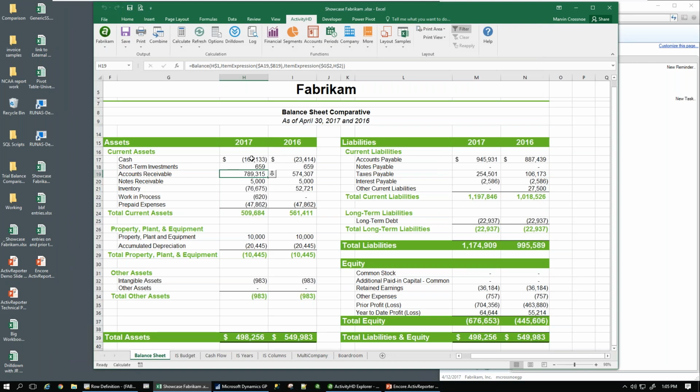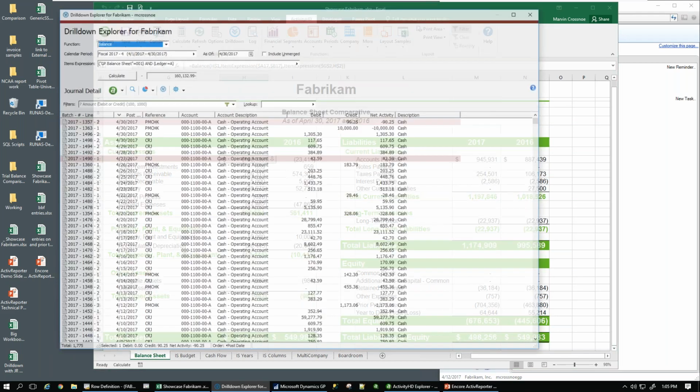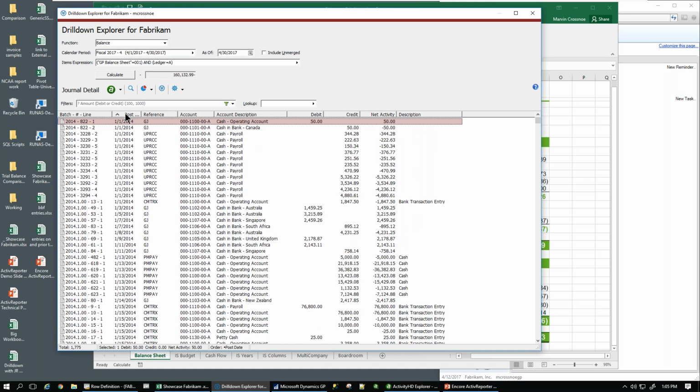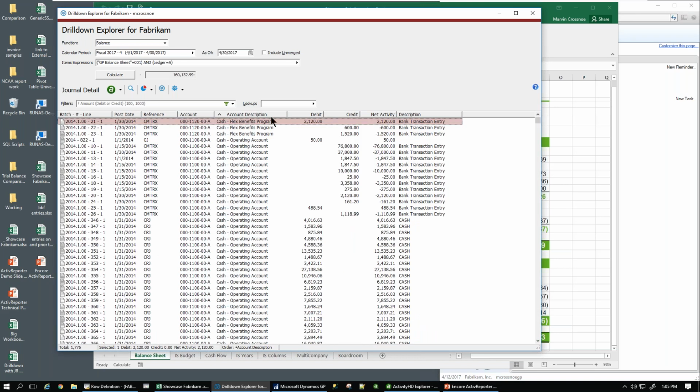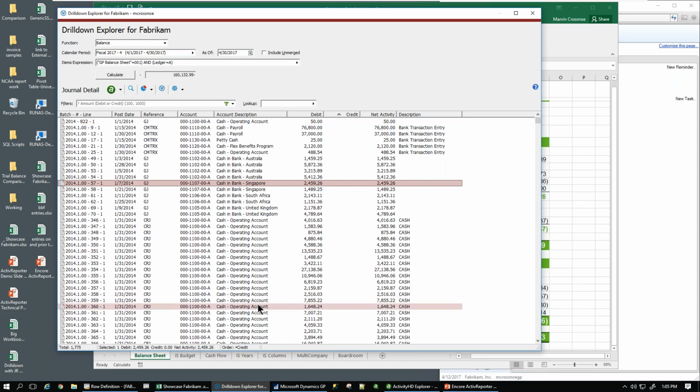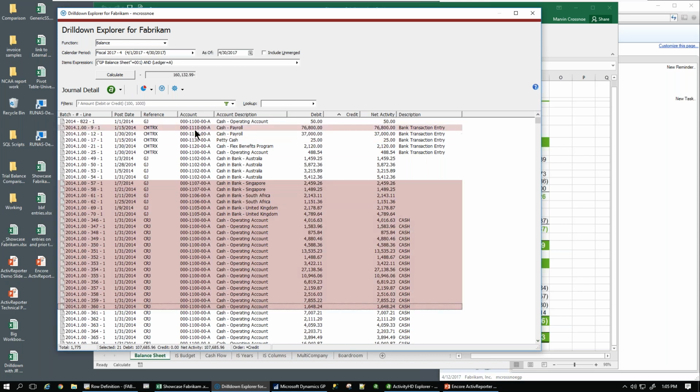Well, I want to talk a little bit about this underlying detail. When we drill down to something, we drill down to something called the Drill Down Explorer. That's the name of this screen. And we can look at all the transactions that make up that $160,000. But you can do so much more. You can sort it by the reference. You can sort it by the posting date. You can sort it by the description, by debits, by credits, or you can take any subset of information that